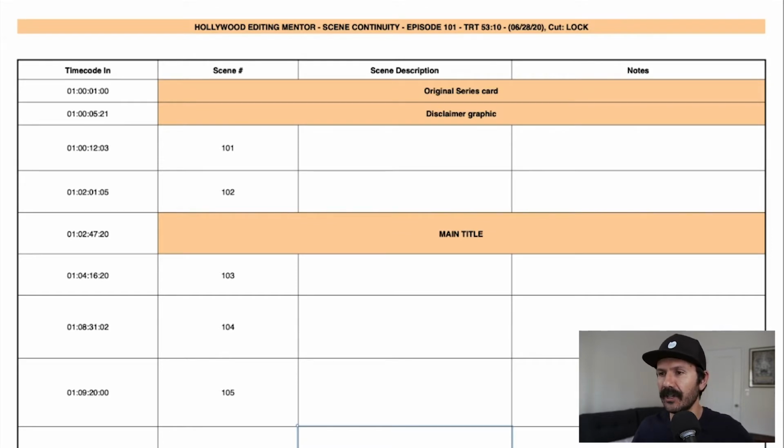Basically, it's taking all the information, like scene numbers, scene descriptions, scene durations, and putting that information on a sheet of paper, so that when, say, your editor or your director or producer might want to move scenes around, right, or take scenes out, they can see this and have a better idea of what things can be moved around, and maybe